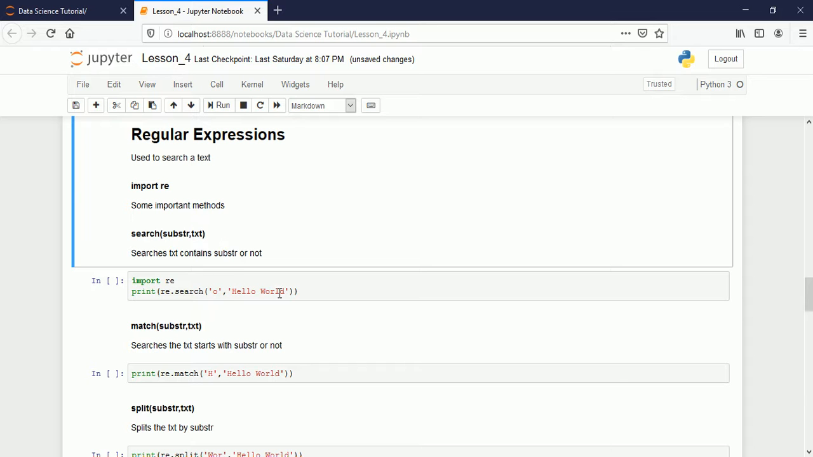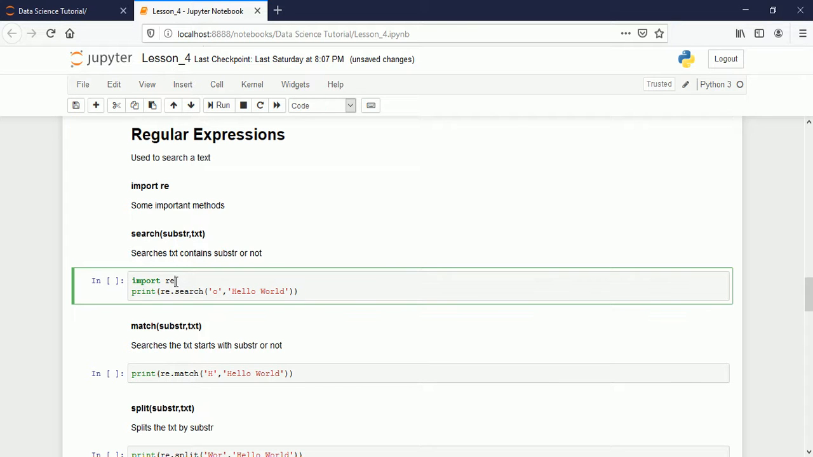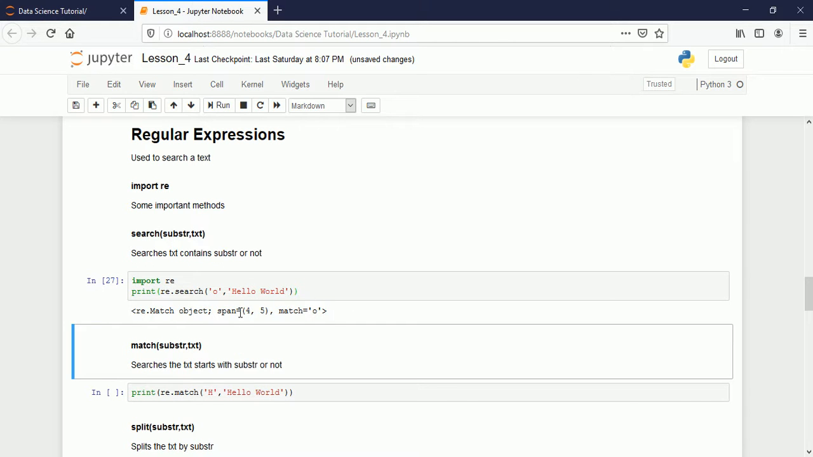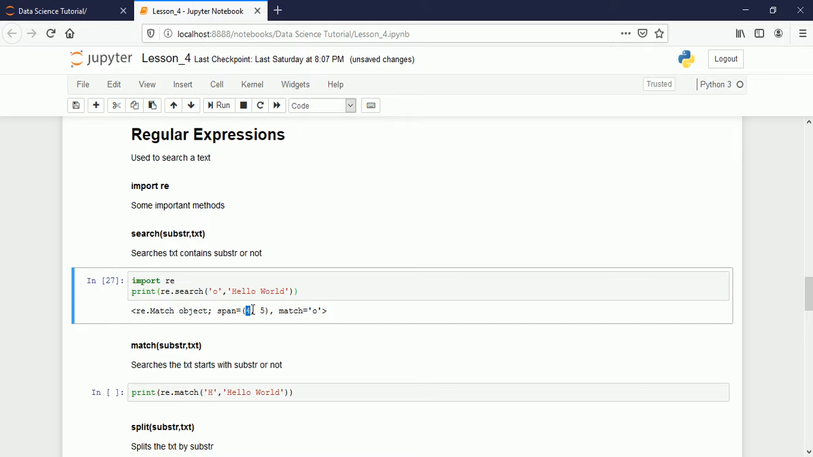As an example here, see, import re, then I say re.search for O. So it will search the first O. Let's see. Yeah, it is showing me the value is in this position, 4th position. Okay, 1, 2, 3, 4, and this is the 4th position and 5th element. It is matching, it is there. And again here, if I want to,